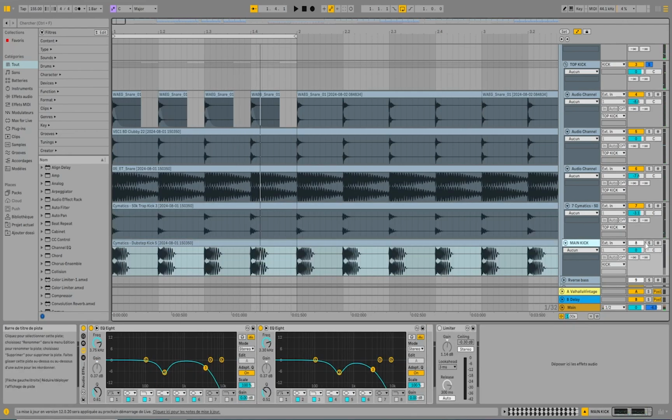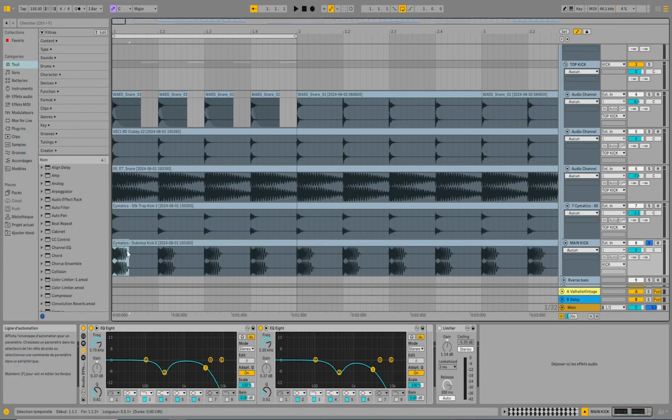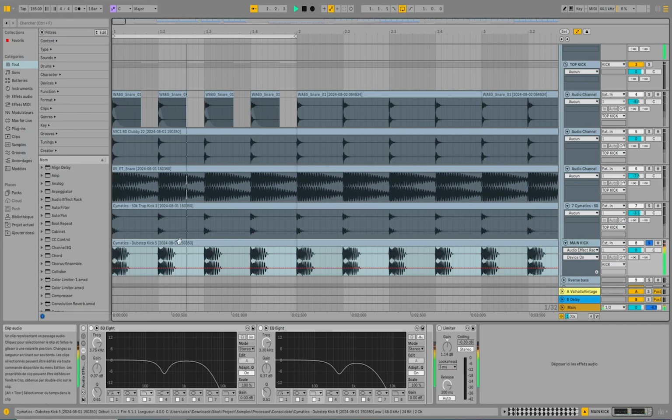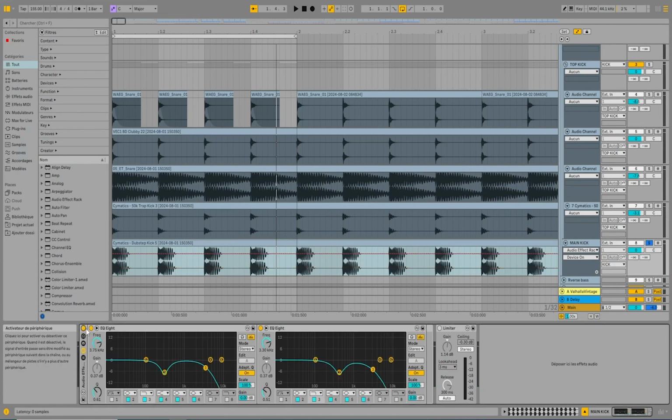For the main kick, I've used a sample. Actually, it was a dubstep kick, but it's just a punchy kick. At first, without any EQ, it was like this. I thought it was a bit boomy and there were a bit too many highs. So I had to first withdraw these